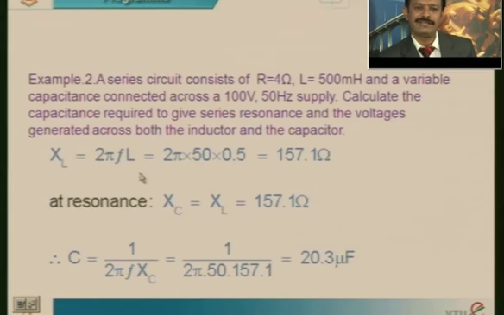XL we have to find, use the 2 pi FL formula, substitute F and L values and you will get 157.1. XC is also the same, because both are equal. And capacitance C is equal to 1 by 2 pi F XC, because XC is equal to 1 by 2 pi FC. Just rearrange this, substitute the values of F and XC and you will get 20.3